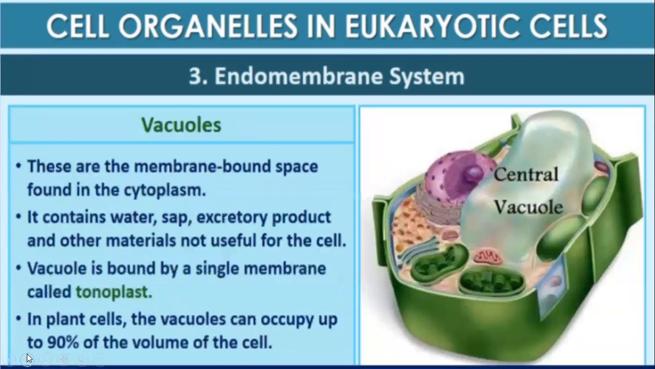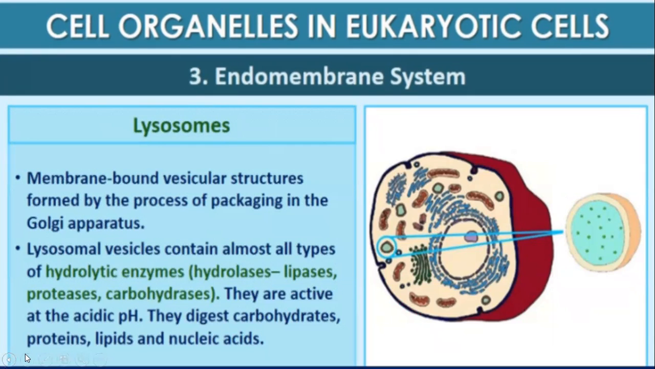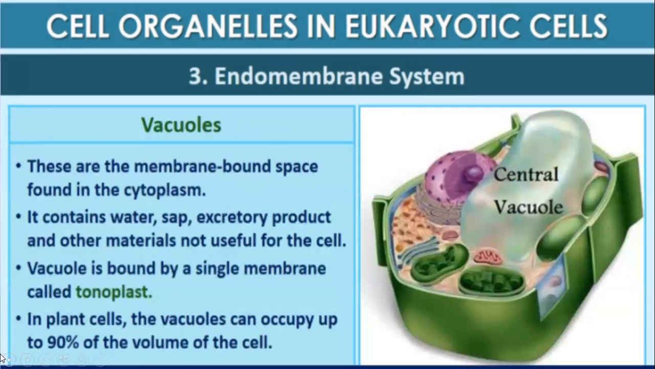Clear with that? Next, we have the vacuoles. I think that's all for lysosomes. Yes. Next, we have the vacuoles. They have a boundary known as tonoplast. They contain water, sap, excretory products, and other waste which are not useful for the cell. In plant cells, 90% of the volume of the cell is vacuoles,